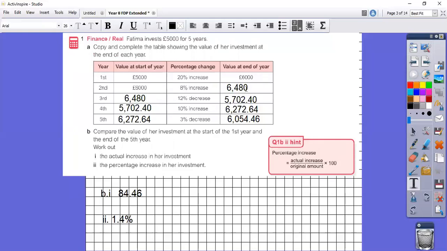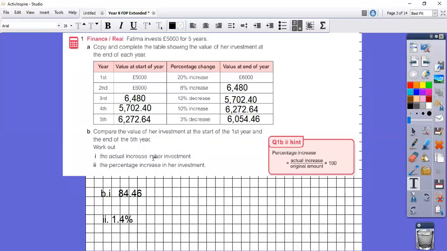1.08, give you 6,480. Then this 6,480 at the beginning of year 3 was decreased by 12% to give you £5,702.40. Remember, working in money, you need to work to 2 decimal places. So then at the beginning of year 4, this £5,702.40 had a 10% increase, so you multiply by 1.1. Then this £6,272.64 is at the beginning of year 5, but this time there's a 3% decrease, so you've got to multiply the 6,272.64 by 0.97 to give you